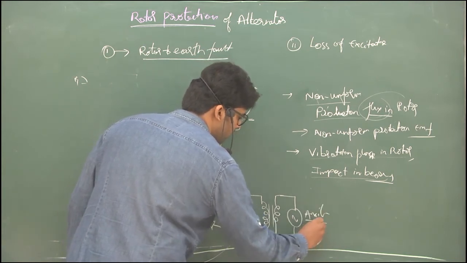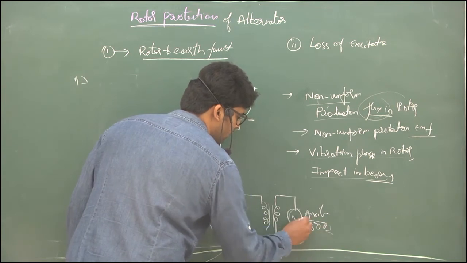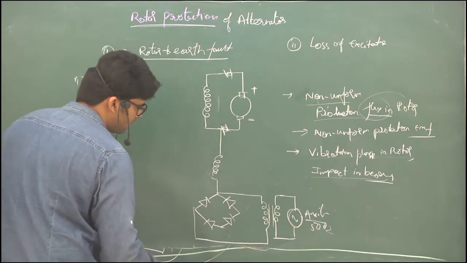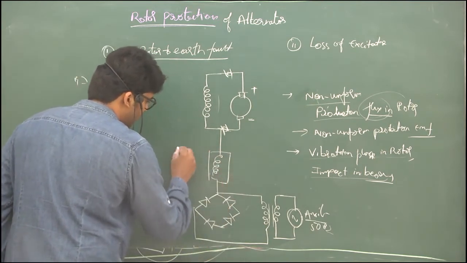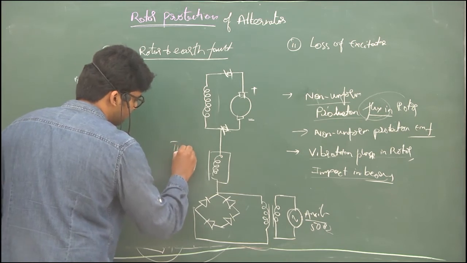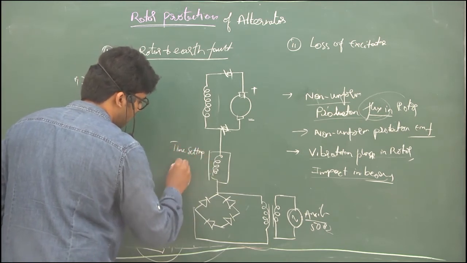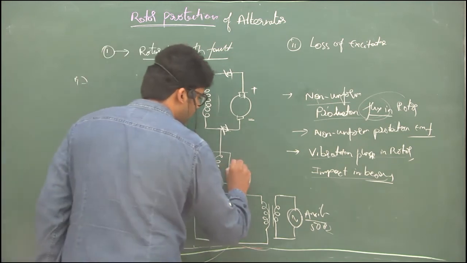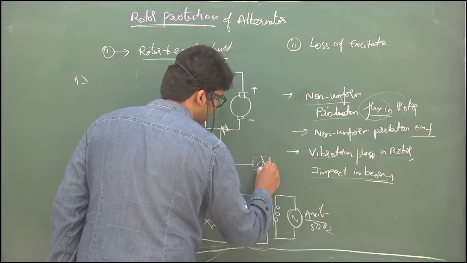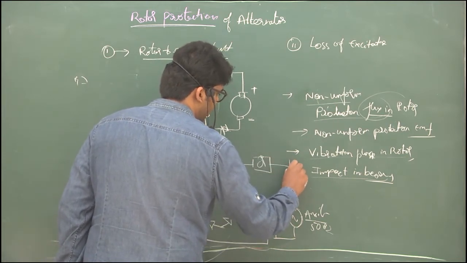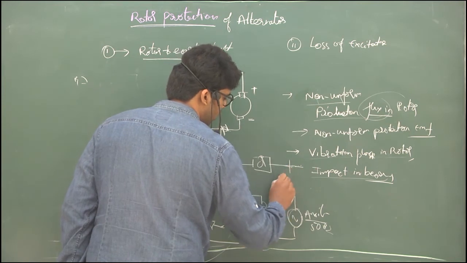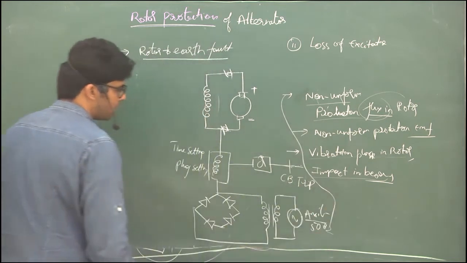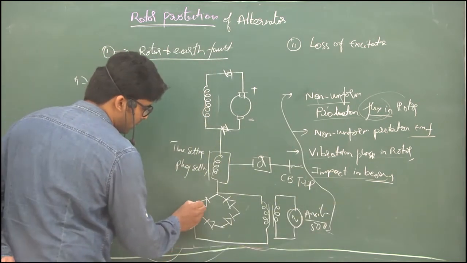Our system frequency is 50 Hz, so we are taking a 50 Hz supply and auxiliary input, and this is connected to this. Okay, and the main point is here, for this coil we will have a time setting and a plug setting. I will explain why we use these. Then we have an alarm here and a tripping output. This will go to the circuit breaker trip coil.